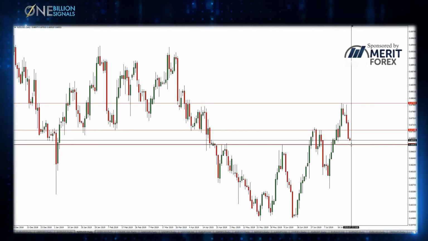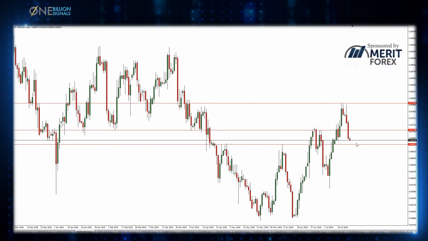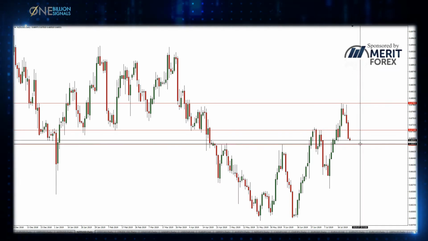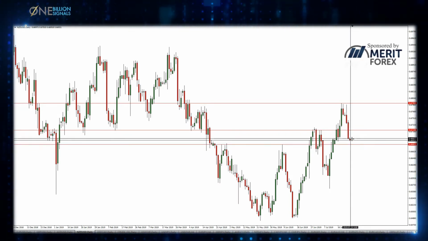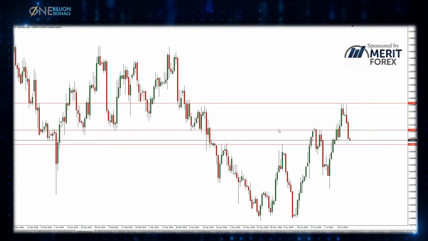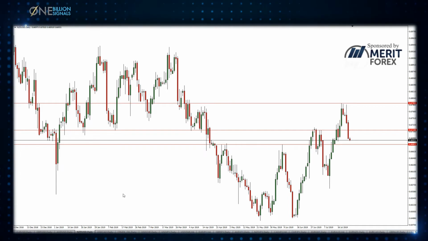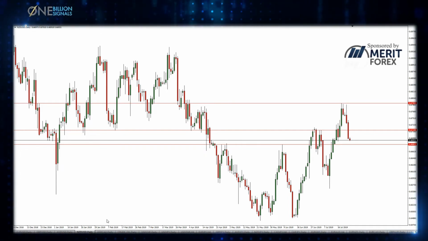0.6682 our new support. The price is heading down to test the new support, and it's pretty definitely, I would say, pretty possible to see a test of the support level. I'm expecting recovery to the upside, so quite a similar situation to the Australian dollar. The New Zealand dollar is performing almost the same, so keep an eye on it, but be careful